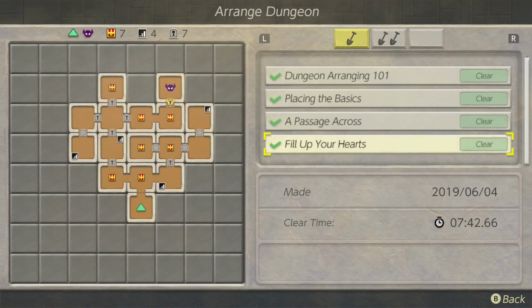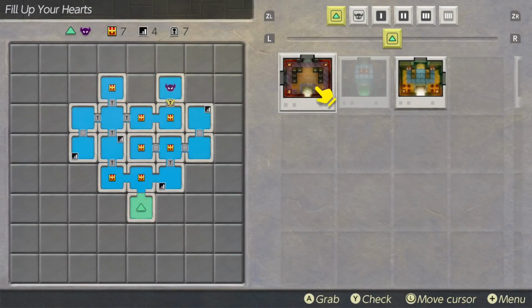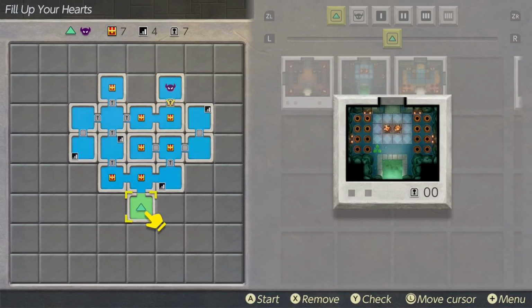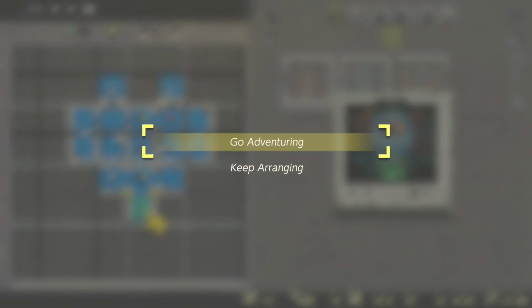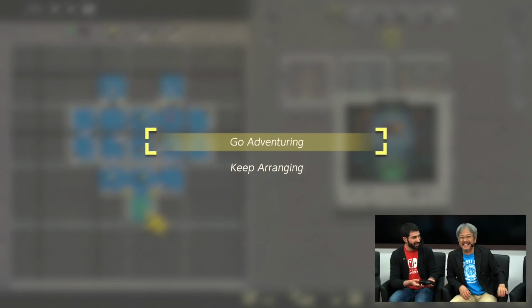And you'll see that that's 7 minutes and 42 seconds right now. And one of the fun things that you can do with those clear times is you can challenge yourself to beat your dungeon faster and faster. Or you could challenge a friend to see if they might be able to beat your dungeon in a faster time. So I was wondering if Anuma-san, would you please play through this dungeon and see if you could please